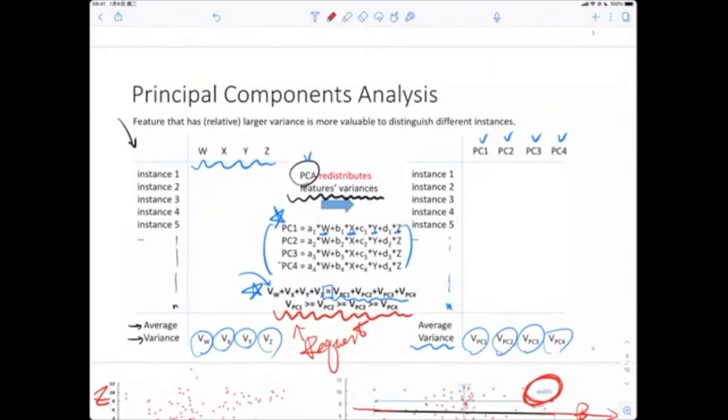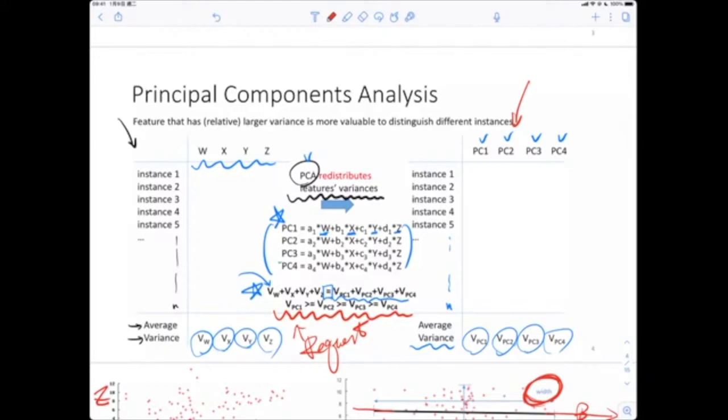Okay. So let's come back to this slide. We have new axes, right? PC1, 2, 3, and the relationship between these data points from 1 to n is still the same. So the variance is still the same, but we request that VPC1 should be larger than VPC2, VPC3, and VPC4. And sometimes in practice, how many dimensions do we have? As I mentioned before, maybe hundreds of dimensions or features, maybe thousands of features or dimensions. But as I mentioned before, some of them have a very high covariance.